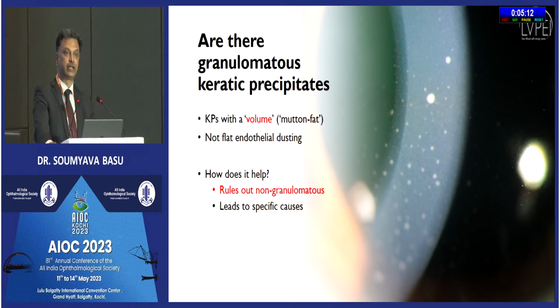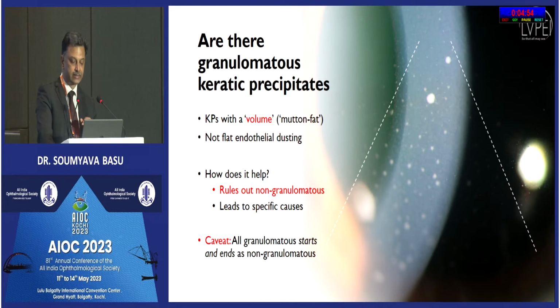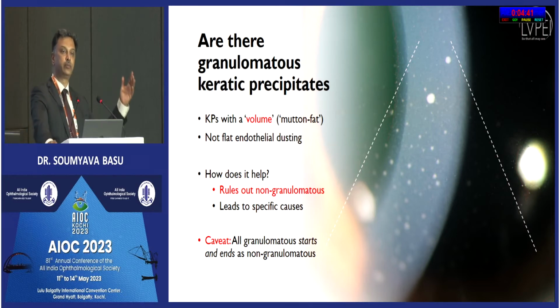Very simply, this helps us in ruling out what is non-granulomatous. Now, this sounds very obvious, but if you keep this in mind, you won't investigate for the wrong etiologies. However, there is a very important caveat here, and the caveat is that all granulomatous anterior segment inflammation starts and ends as non-granulomatous. So, for example, if your patient has already been started on topical steroids by the previous ophthalmologist,